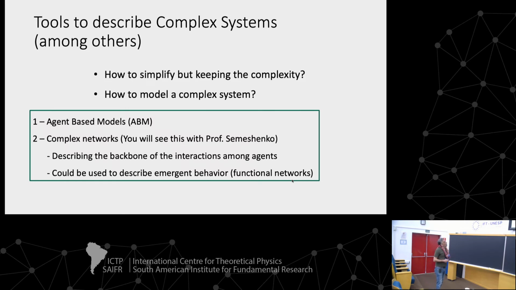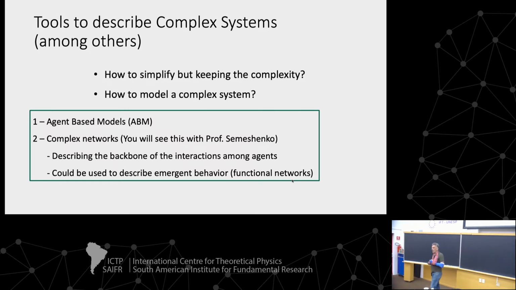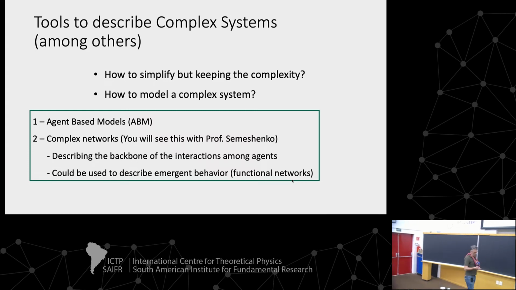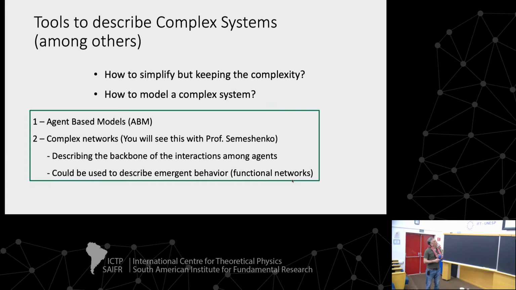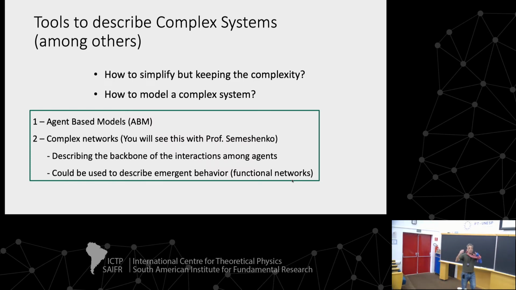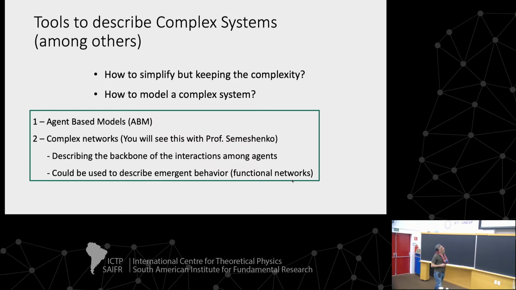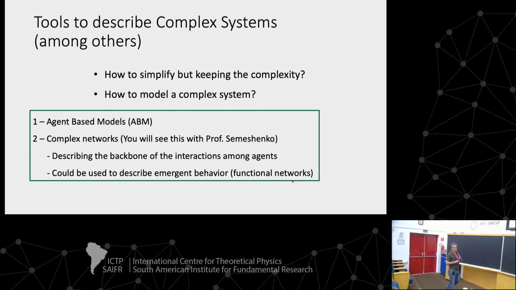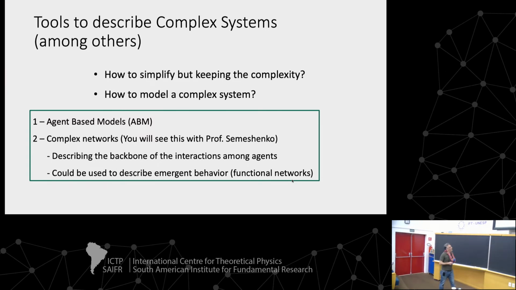Here, when we want to describe or to model complex systems, we always have to reduce the problem. But how can I do that? How can I simplify the problem but keep the complexity? What is the necessary complexity to see the emergent behavior? How to model a complex system? There are two basic ways, or more, but the first one is